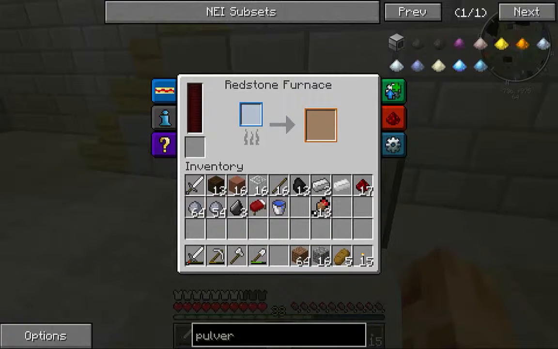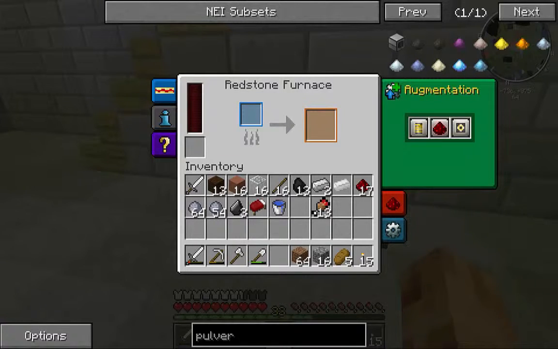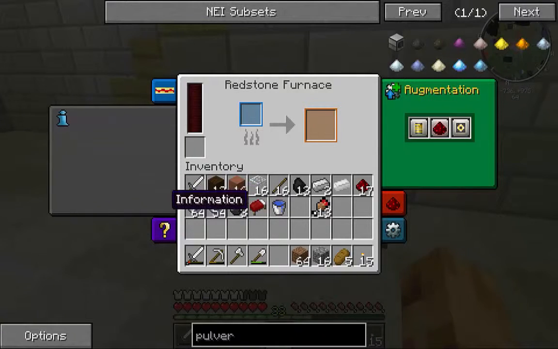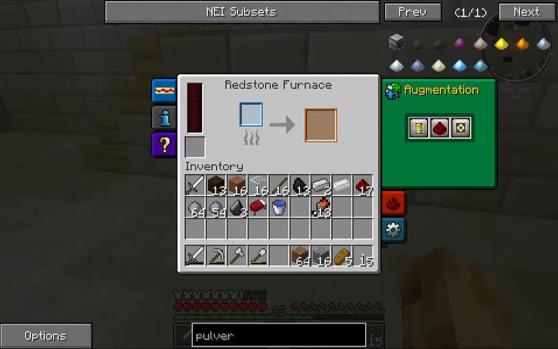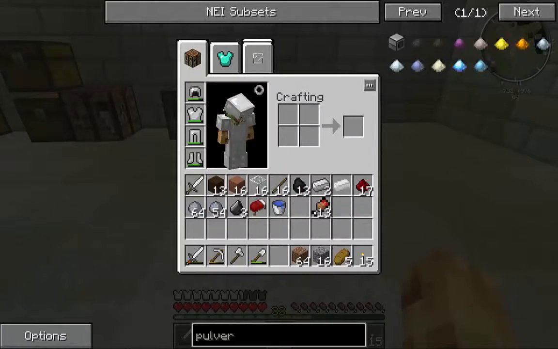Okay, so I'm not overly familiar with this piece of equipment, but let's see what we do here. Augmentations. Smelt things using redstone flux. Problem is how to do that. Well, I'll come back to that in a moment, because in the meantime we have got